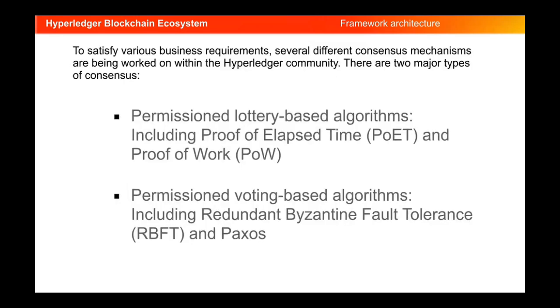So there are many consensus algorithms that the Hyperledger community is working on to cater to various business requirements. Two major types of consensus are permissioned lottery-based algorithm and permissioned voting-based algorithm. Each of these types has its own implementation. For example, permissioned lottery-based algorithm has the implementations proof of work and proof of elapsed time, and permissioned voting-based algorithm has